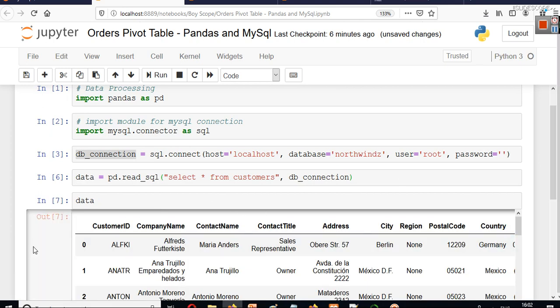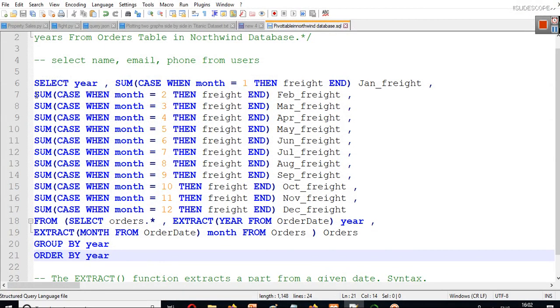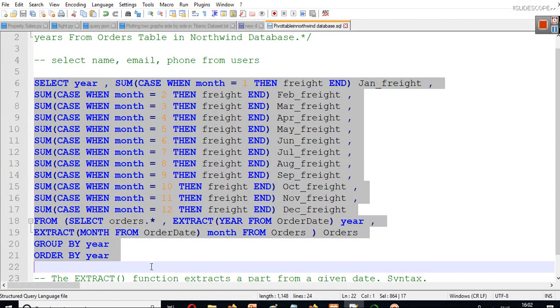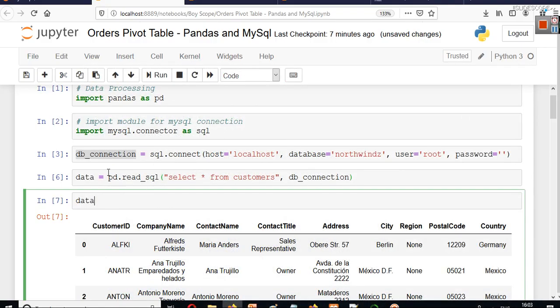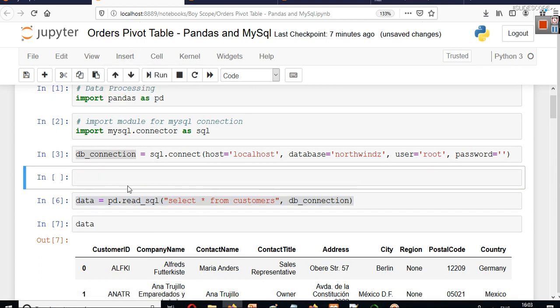This is simple. But if your query is big, because we have this query here that we have to execute, in such cases you must first create a variable named query. You can give any name to this variable.